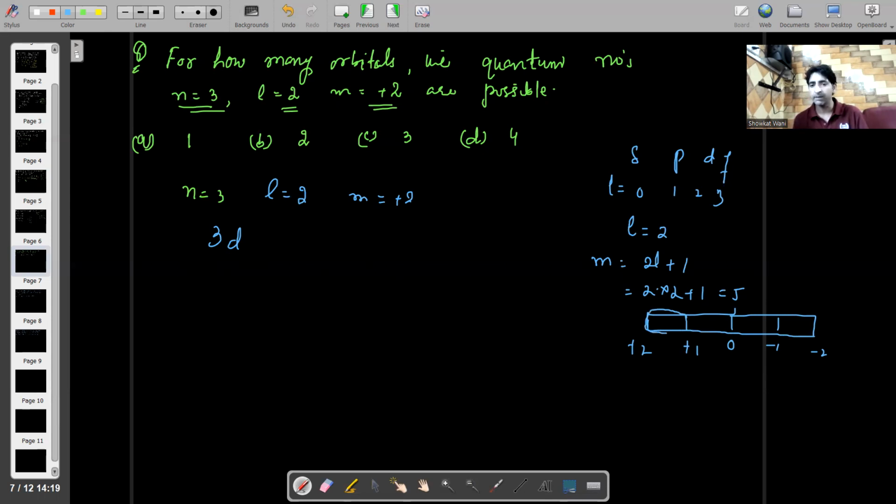5 d ऑर्बिटल्स होंगे, है ना। 5 d ऑर्बिटल्स के लिए ये वैल्यूज पॉसिबल है। इनमें से एक d ऑर्बिटल ऐसा है जिसके लिए m का वैल्यू क्या है, +2। सो एक ऑर्बिटल d का ऐसा है जिसके लिए m का वैल्यू कितना है, +2। तो मतलब हमें बताना है कितने ऑर्बिटल्स पॉसिबल हैं। सो द करेक्ट ऑप्शन इज वन ऑर्बिटल इज पॉसिबल। एक ही ऑर्बिटल पॉसिबल है जिसके लिए m का वैल्यू +2 है। सो दिस इज द करेक्ट ऑप्शन, एक ही ऑर्बिटल पॉसिबल है जिसके लिए m का वैल्यू +2 होगा। सो करेक्ट ऑप्शन इज ऑप्शन नंबर E। नाउ मूव टू द नेक्स्ट क्वेश्चन।